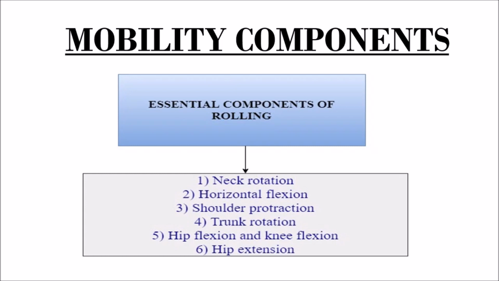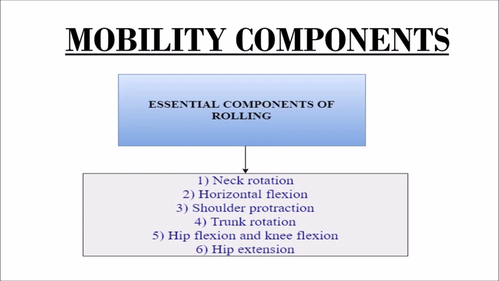For example, if a patient has a left side stroke, then the right side of that patient will be paralyzed. So the therapist will stand on the unaffected side and bring the affected side up. What would you do? First, you will perform a neck rotation towards the unaffected side, then horizontal protraction of the shoulder, then bring the knees and hips into flexion, which will be followed by the trunk rotation. Keep a pillow behind so the patient can't rotate back to the original position.